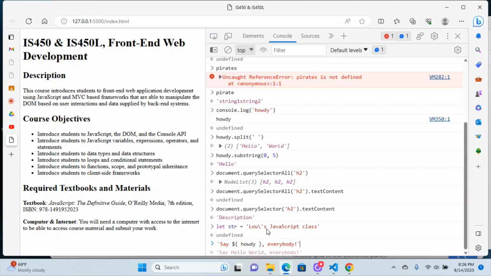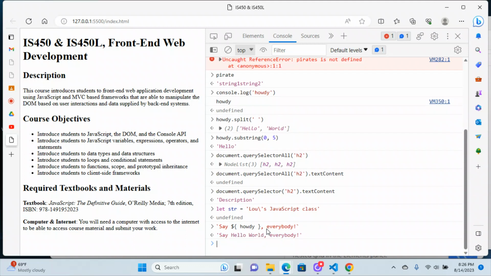So when you interpolate the value of something in there, it goes ahead and puts it into the string like this. You can easily do the same thing in PHP. In fact, PHP makes it even a little bit easier probably by using double quotes, but JavaScript's catching up with this. And it's nice. We've only done very simple stuff with it in here. We've just taken a variable name and plugged it in here. But there's all kinds of stuff you can do with it if you get into it. Okay,